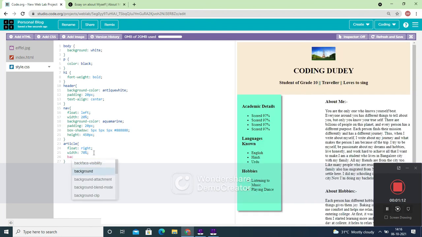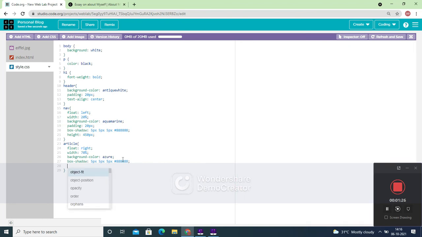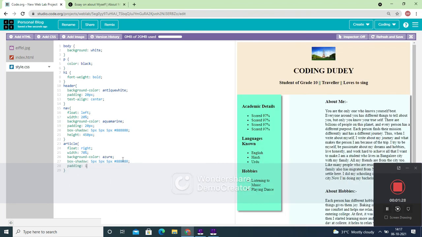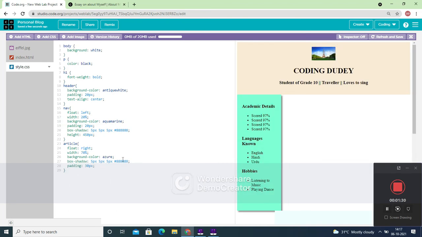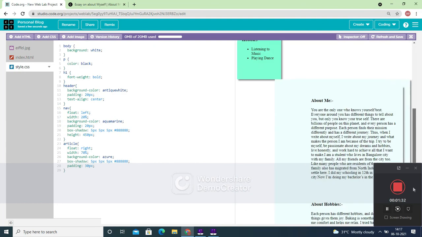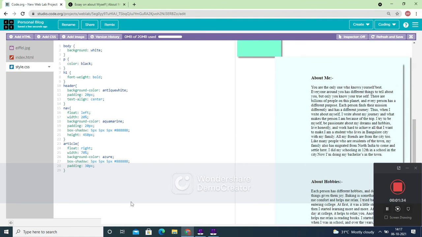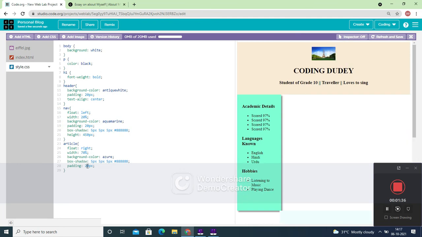Now let's set the background color, which is like this. Okay, this and this goes well. Let's give the same box shadow here as well. Okay, let's give the padding, which is set to be 30px. Okay, I think 20 is okay.